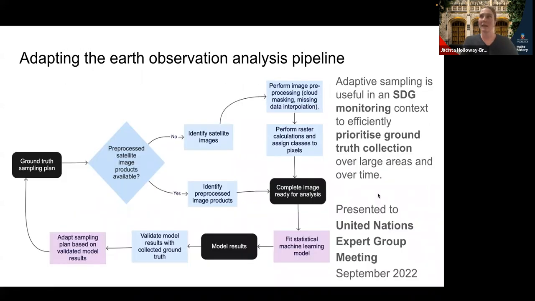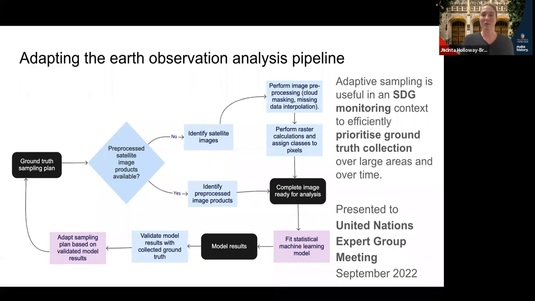And so then what that might look like is if you already have, say, a standard sampling plan that you use, and we then run the model for the same area, if those things agree, so the model is correctly picking up what has been identified in the ground truthing, then perhaps for a period of time, which I don't know how long that should be, that would be worked out with experts, maybe the resources for doing those ground truth sampling could be redeployed to other areas that the model has identified as more uncertain, or even for areas that are easier to physically get to, it could be directed there.